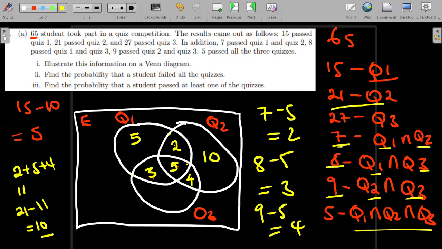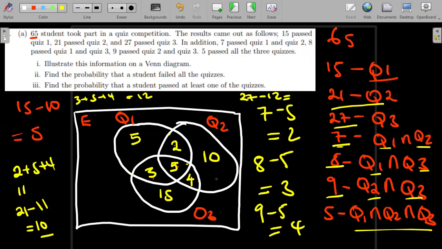We check how many passed quiz 3 only. So when we add, we have to add 3 plus 5 plus 4. When we add 3 plus 5 plus 4, we just get 12. And they're telling us that 27 took part in quiz 3. So we say 27 minus 12. 27 minus 12 gives us 15. So meaning 15 managed to pass quiz